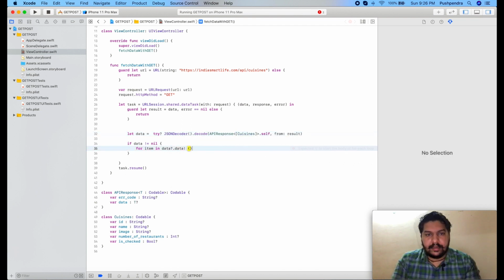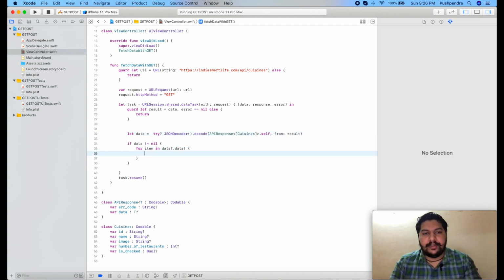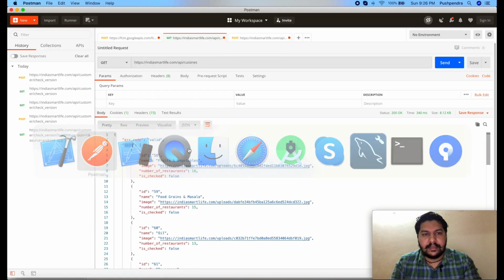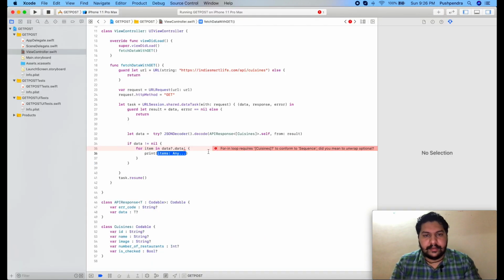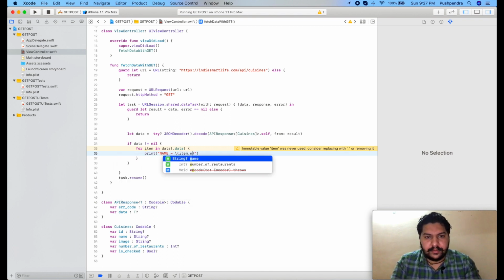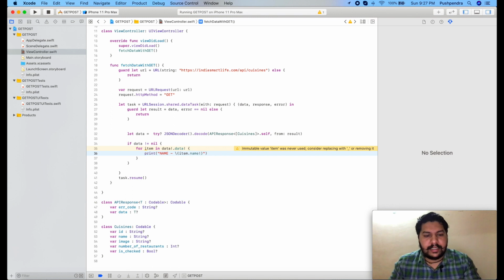Fine. Now we can get the output, and here I'll print the name of all the Cuisines. I'll print this one only. So here we can say name equals item.name, type of String. So here we will see the output.